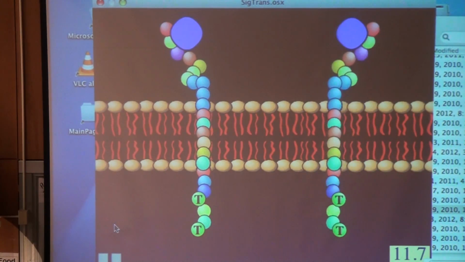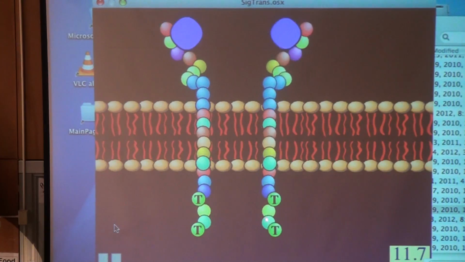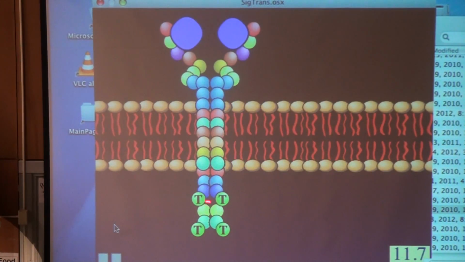And so now working as a dimer, working as a pair, these two receptors are now going to start functioning as an enzyme. They're going to be able to carry out a chemical reaction. And the chemical reaction that they're going to be able to carry out now is something called tyrosine kinase enzymatic activity. What the heck is that? Well,